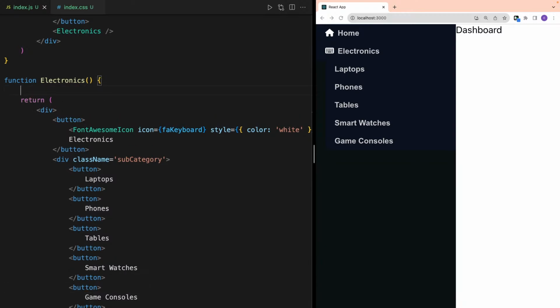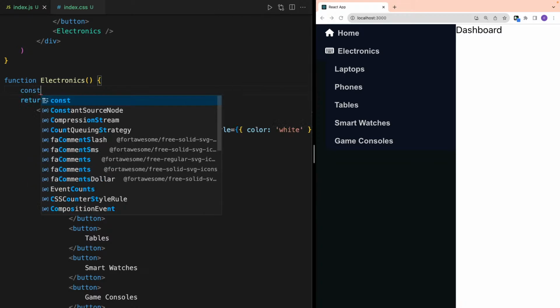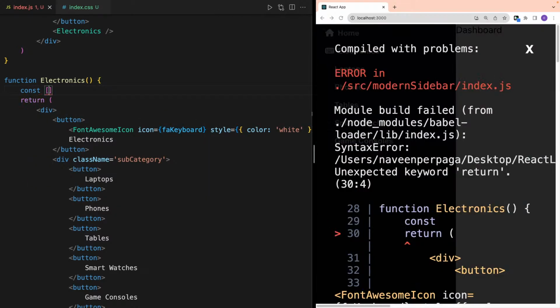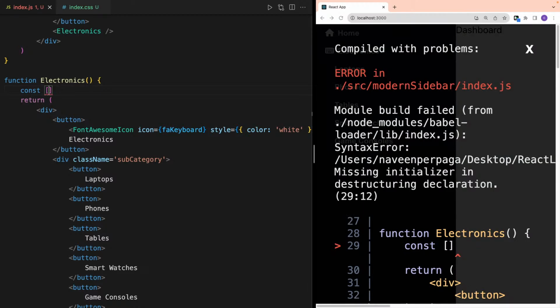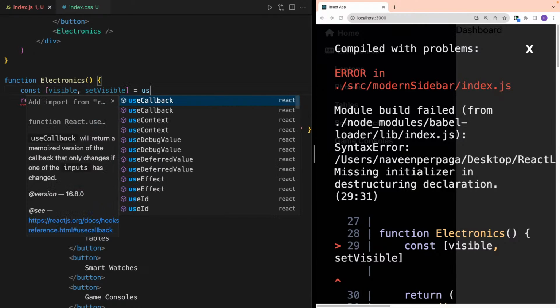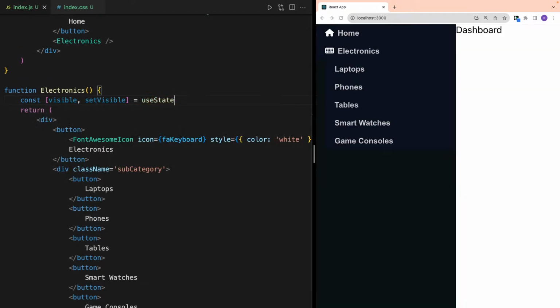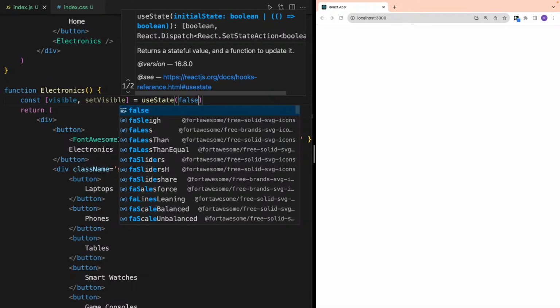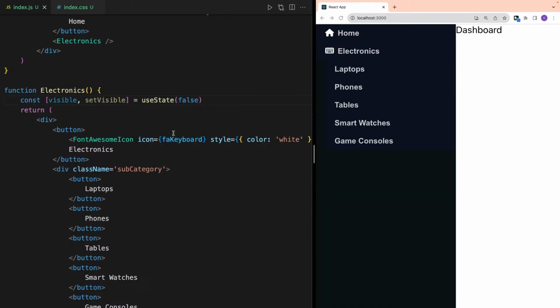a visibility flag. So for that, we will use React's useState hook. I will give it a name of visible and give the function name setVisible. Now we'll use state. By default it will be collapsed, so that's why I have given it a false, right? So on click of this electronics button, I want to expand and then